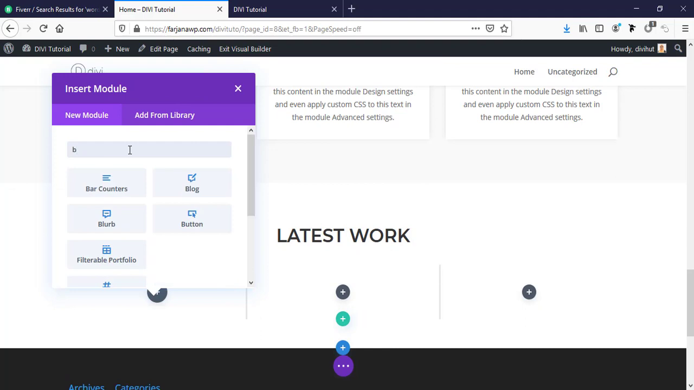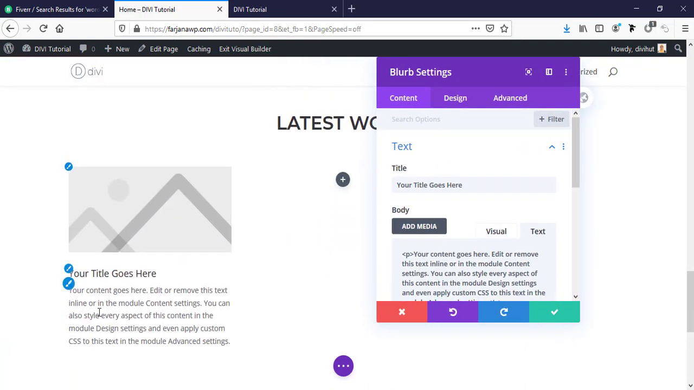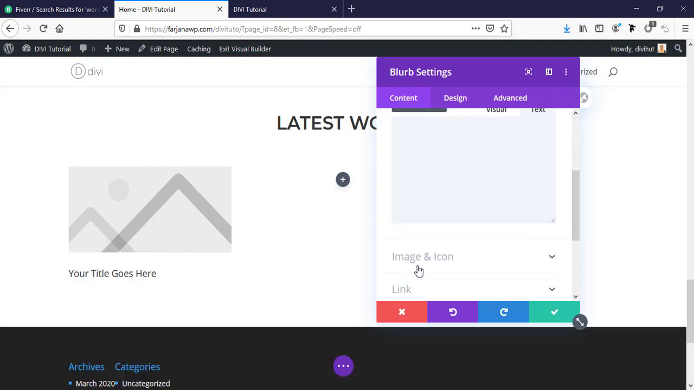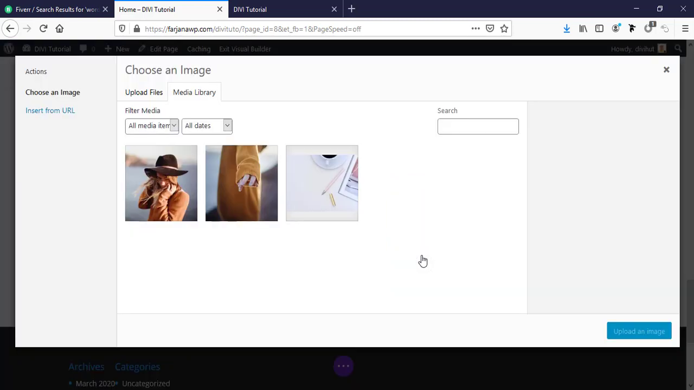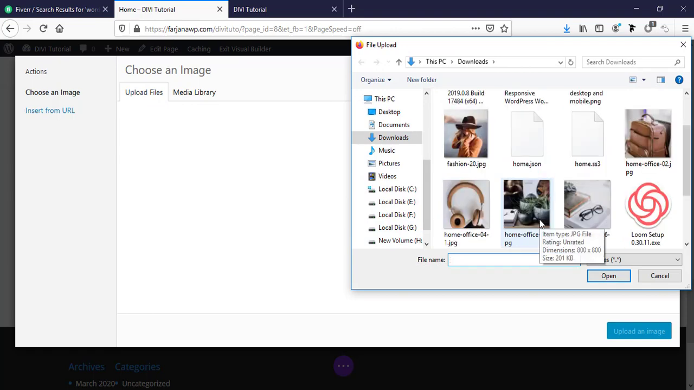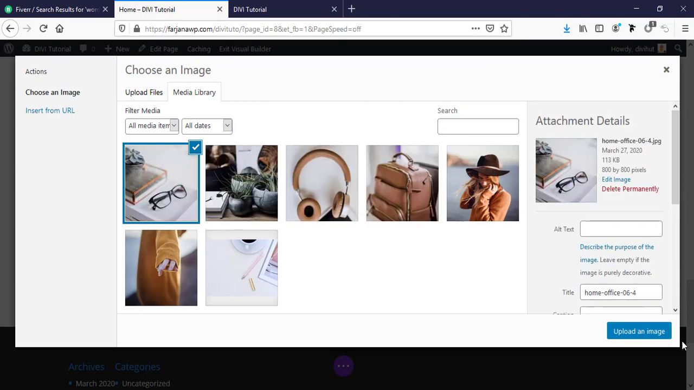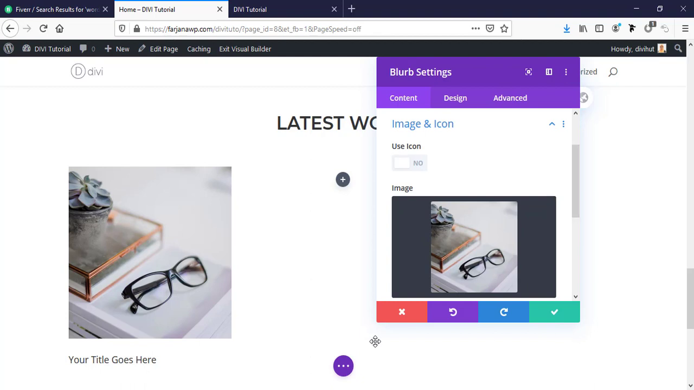And next I'm adding a 3 columns row. I'm adding a blurb module, and this time we can add a title and images, and I don't want to add more text, just adding an image. For my portfolio, I'm selecting some random image, just uploading. So here I'm selecting an image and I'm changing this text,